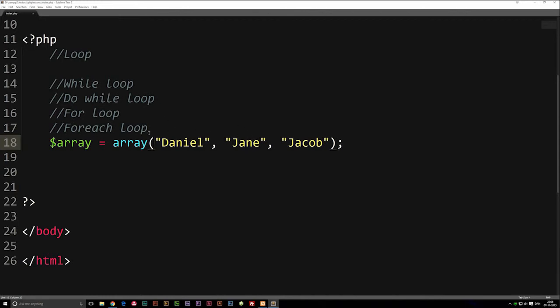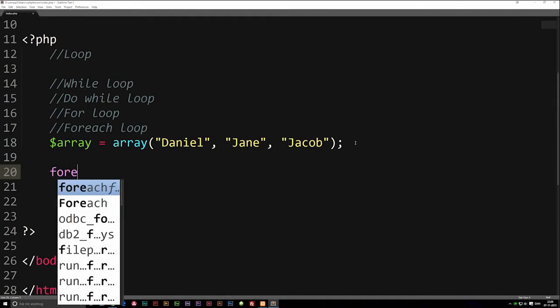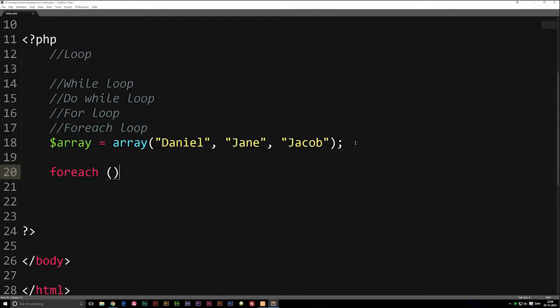So now that we have the array in here, we can actually start talking about the Foreach loop. Now, I'm just going to give you guys an example here underneath, where I'm going to create a Foreach loop by writing foreach, space, parentheses, curly brackets. Now, a Foreach loop basically says inside the parentheses that we need to refer to an array, which we're going to loop through as we actually loop through this function called a Foreach. And what we're basically going to do is every time we mention another variable which we create inside our loop,